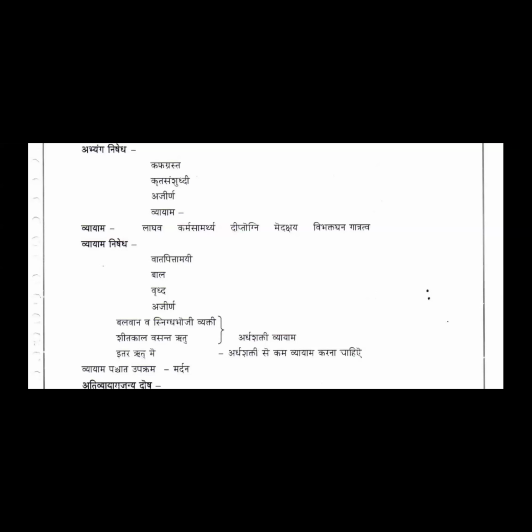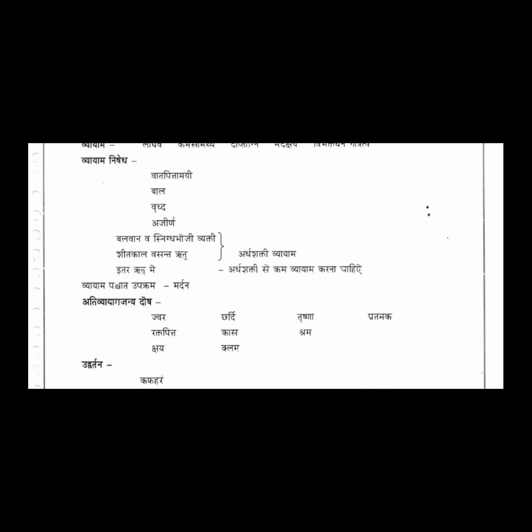Whereas in the rest of the rutus, that is in varsha rutu, grishma rutu and sharad rutu, it has to be done even lesser than ardha shakti, because there it is contraindicated, right? That is the reason. In grishma and all it is contraindicated. So in shita rutu and in vasanta rutu, it should be done for ardha shakti. Shitakale vasante cha mandameva tato anyada, he says. We don't want the shlokas. Only remember that in balavan and snigdha bhoji vyakti, in shitakala and in vasanta rutu, vyayama should be done for